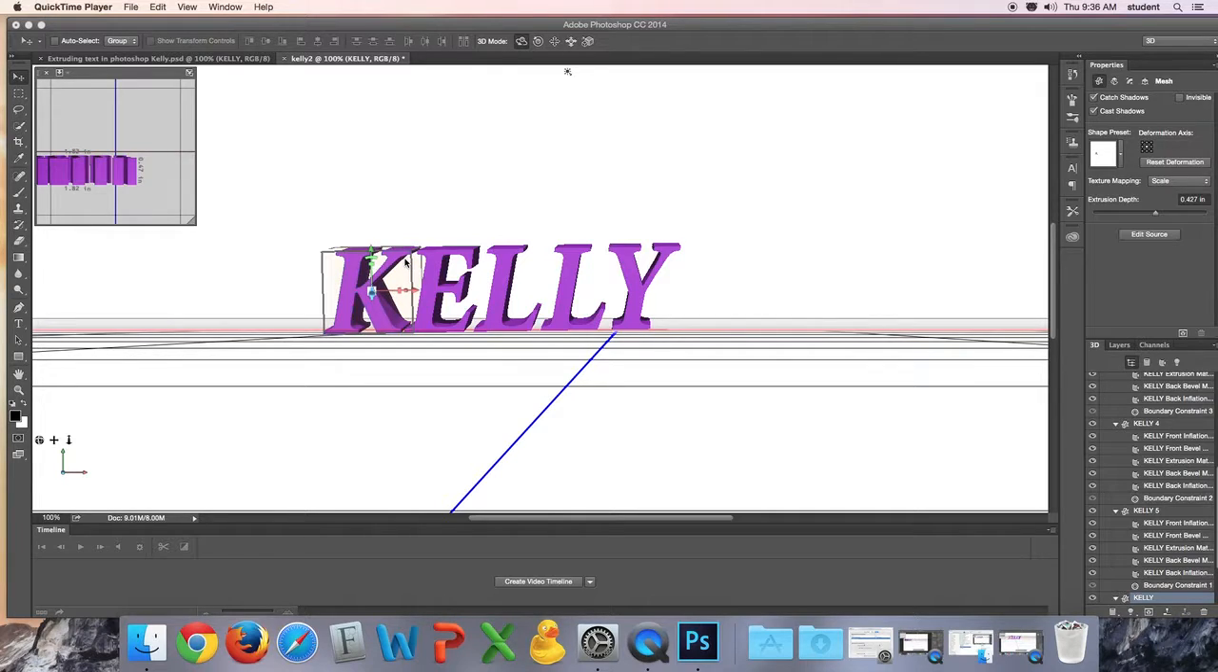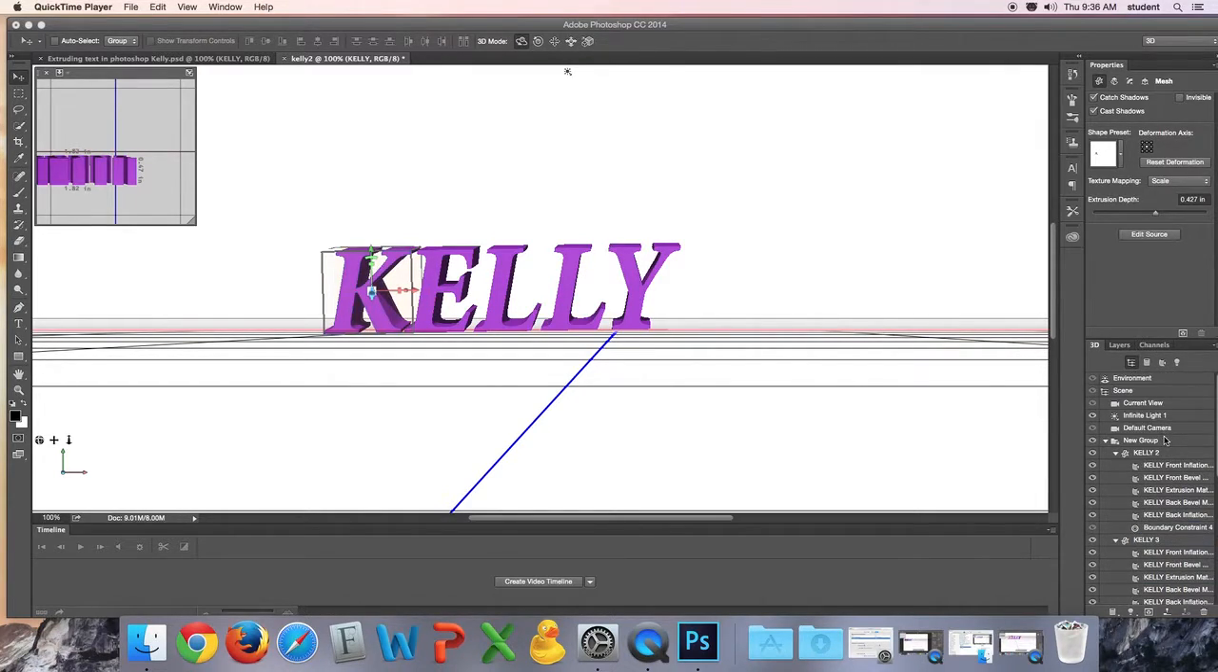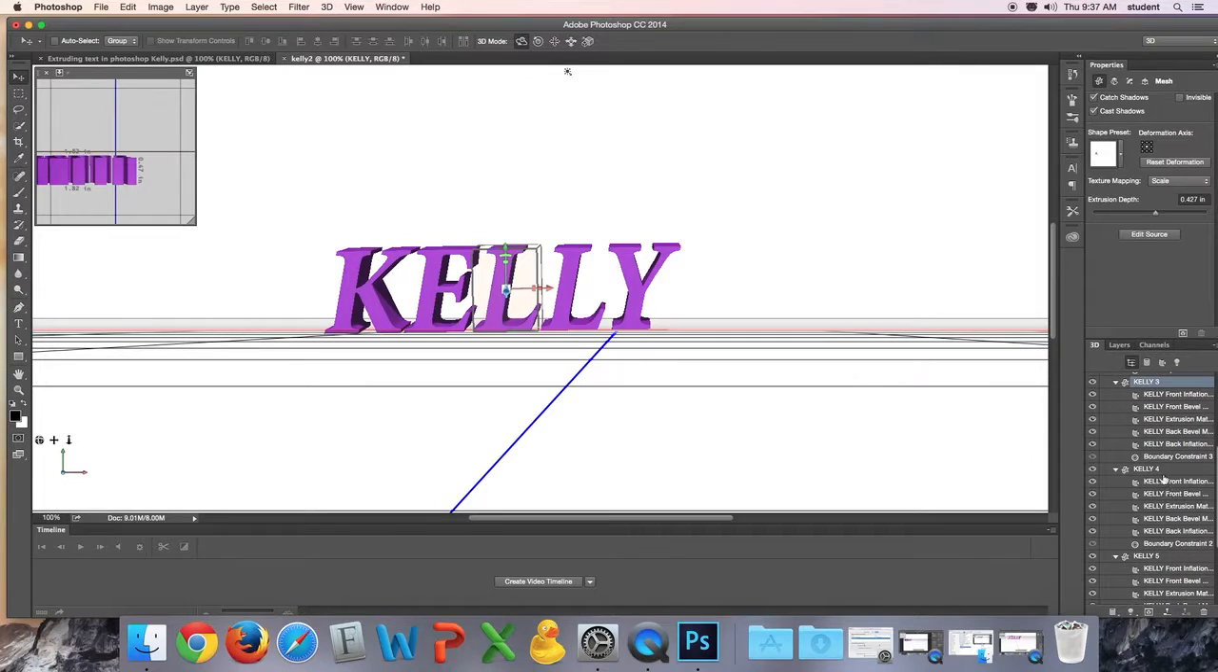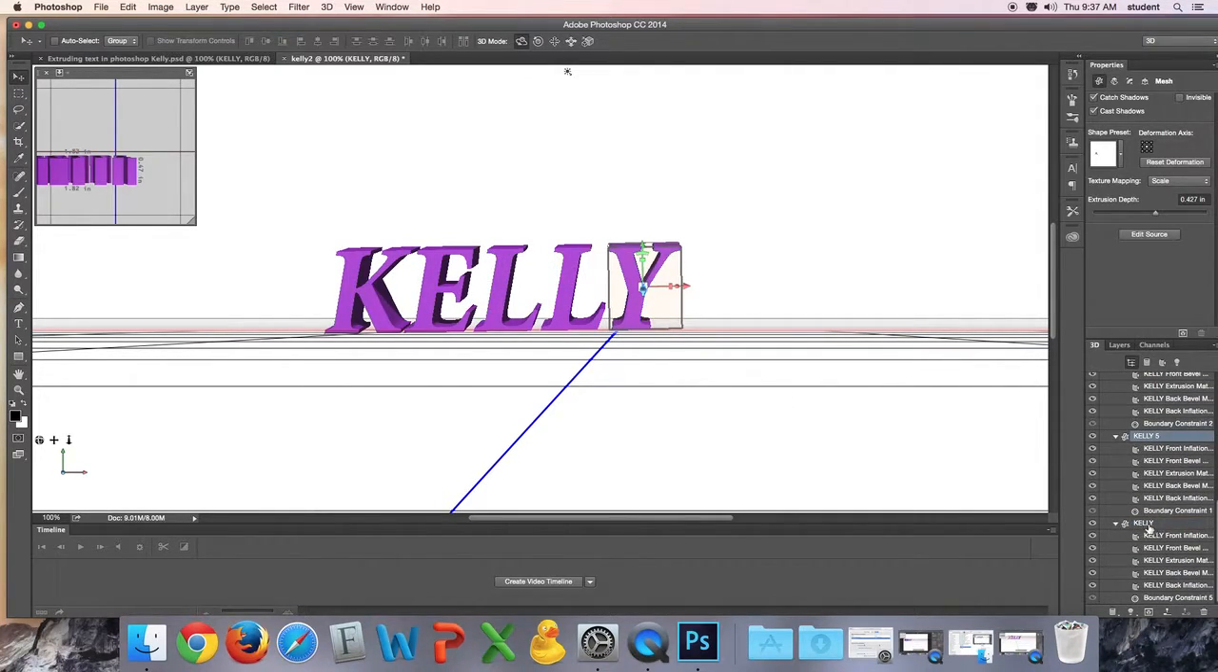I can identify each individual mesh by selecting each letter, or I can go into my 3D layer and identify each letter from there, which is located in the right-hand corner. And as you can see, my K is at the bottom, and from the top, for some reason, the E is up there, and then we can go from L, and Y is the 5. So I'm going to go back to my first letter,